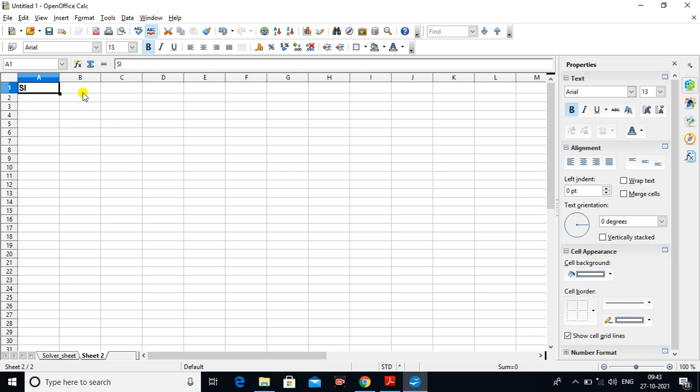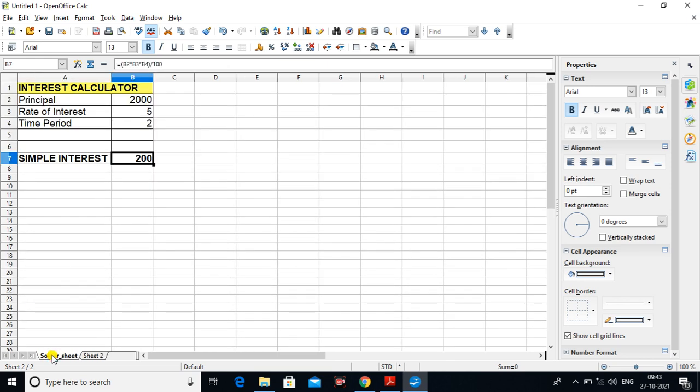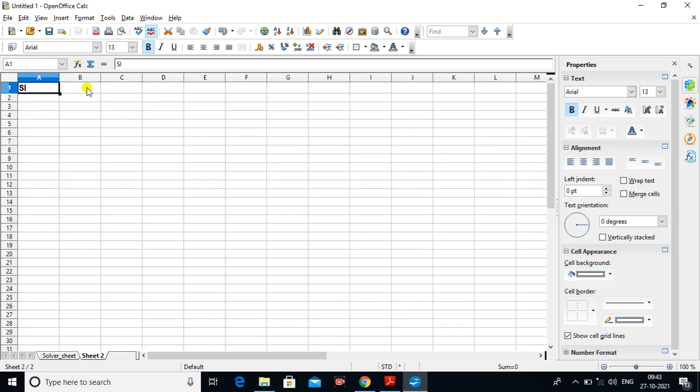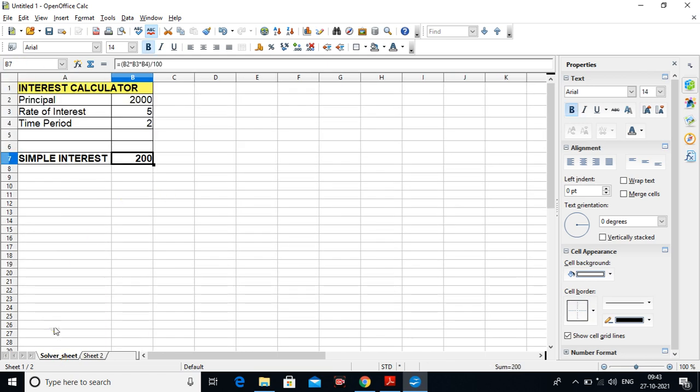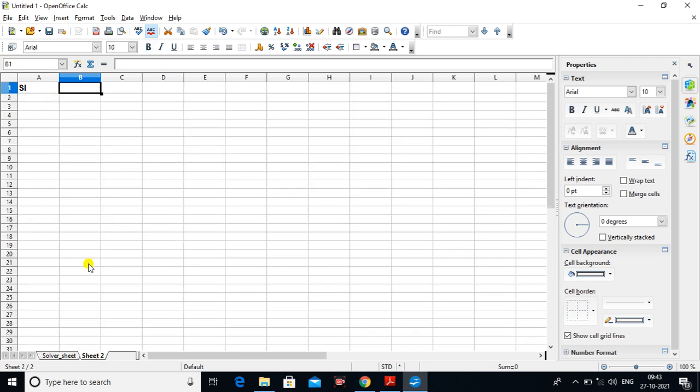In this column I want the SI of the solver sheet. This SI I want to reference on the new sheet, sheet 2, and it is reflected on this cell, whose address is B1. I want the simple interest of the solver sheet on the B1 cell of sheet 2.